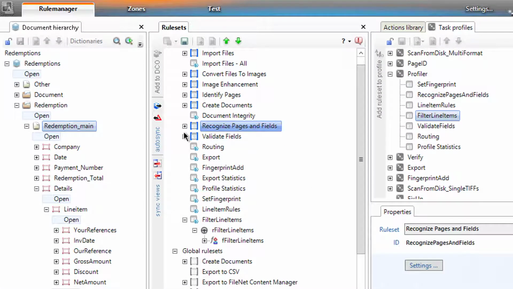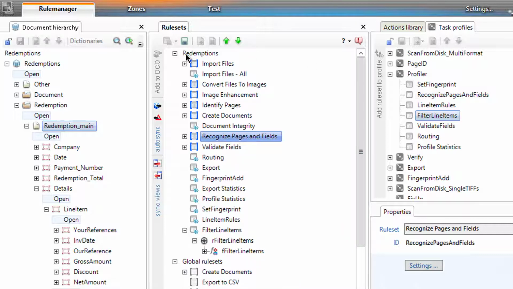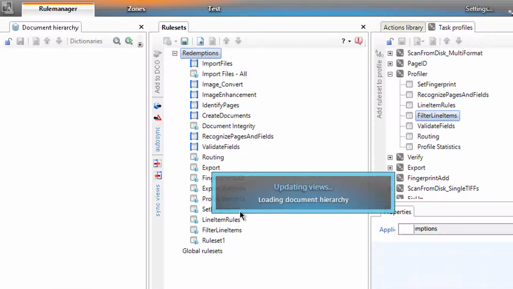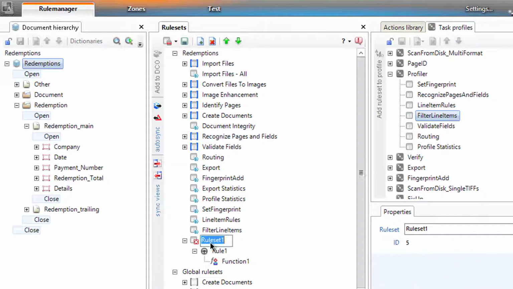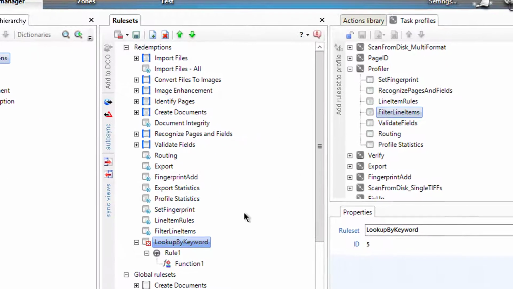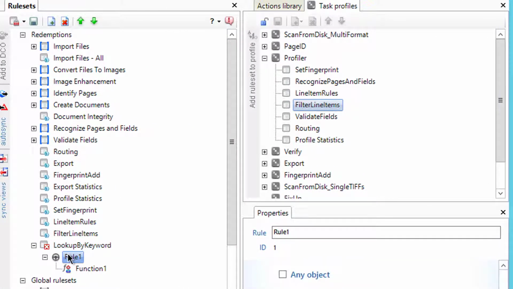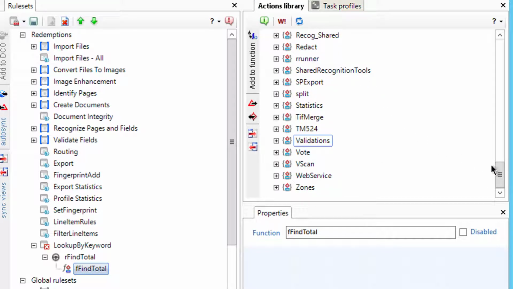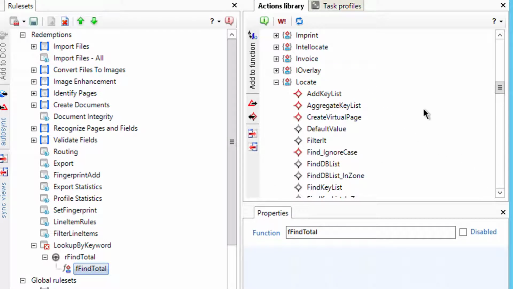So again, another rule set, and this one's going to be for lookups. AP does the same thing, so you can look at the AP system for that. I might have to look up keyword by keyword, and my rule is I'm going to find the total, R find total, F find total, and inside my actions library under lookups, under locate,